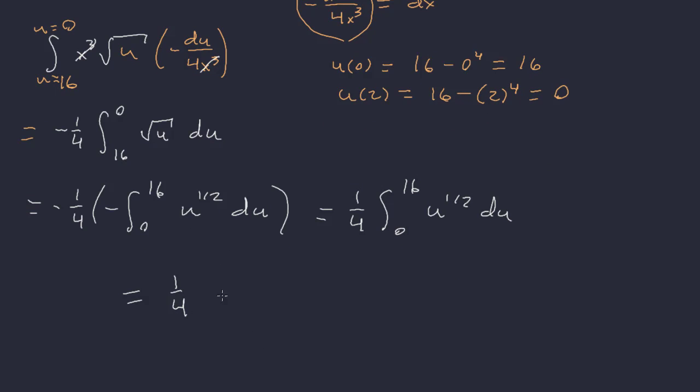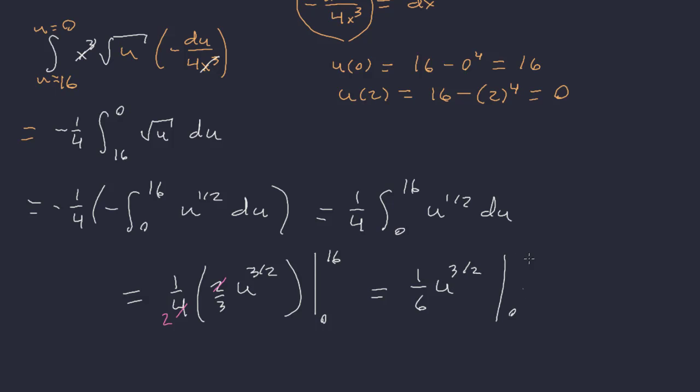So that 1/4 will just come along for the ride. The integral of u to the 1/2 will be u to the 3/2 times 2/3. And that 2 will cancel with the 4 and leave a 2. And we're evaluating this from 0 to 16. Okay, so we're going to have 1/6 u to the 3/2